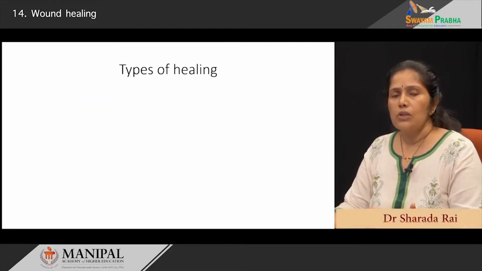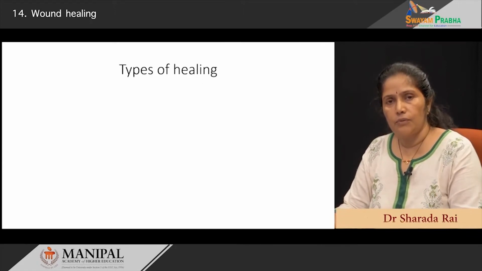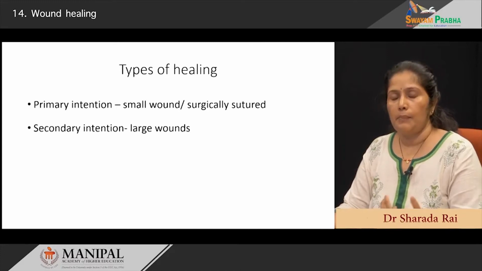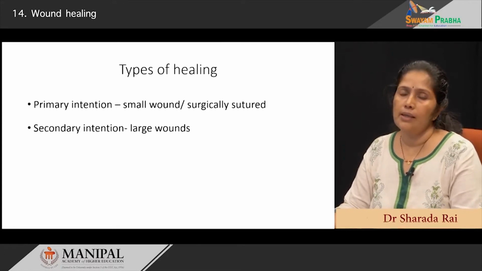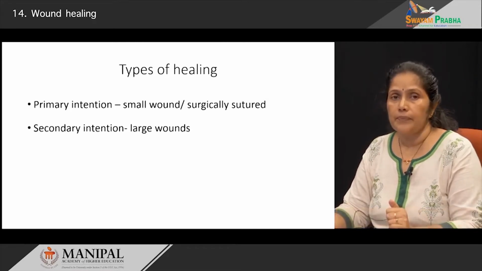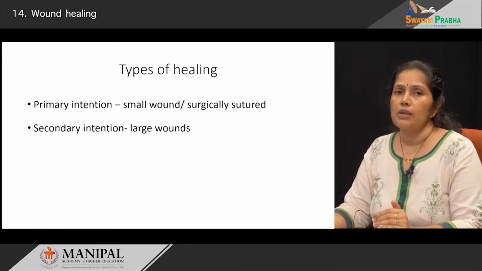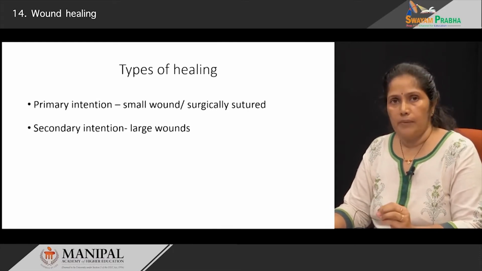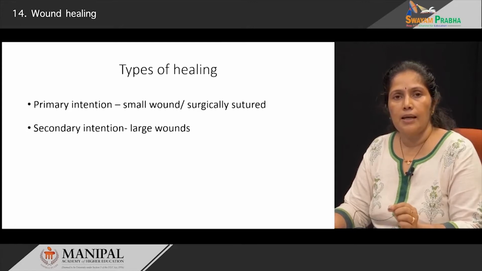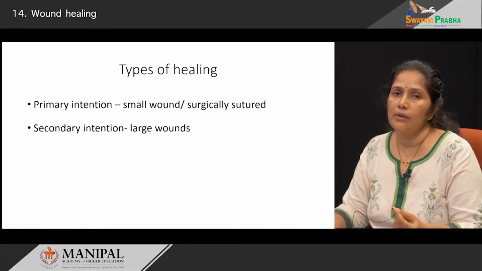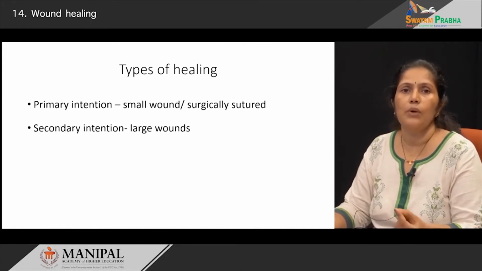When we talk of healing, there are different ways in which the tissue heals, known as healing by primary intention or healing by secondary intention. So, when do these two different methods occur? Healing by primary intention occurs when there is a small injury, or let us say somebody has made a surgical incision and then sutured it. That is when healing by primary intention occurs. So, basically the wound has to be very small,